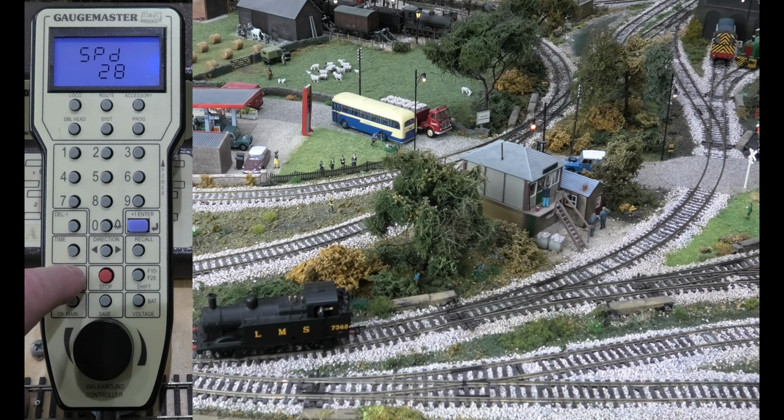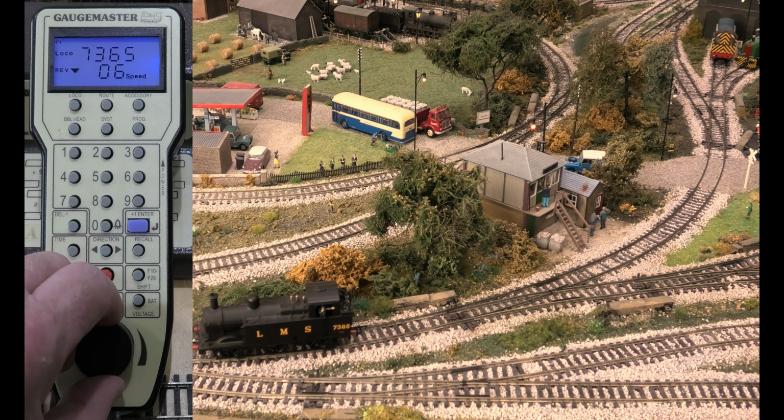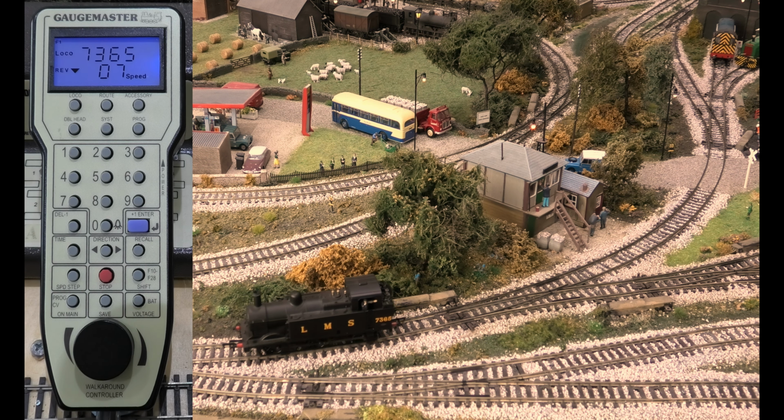That does not mean that the top speed of 128 is faster than 28 or 14. The top speed for 14, 28 and 128 is exactly the same. It's just that the speed increments are a lot smaller. But there's nothing better than showing you exactly how it works. So if I start on 7 on 14,